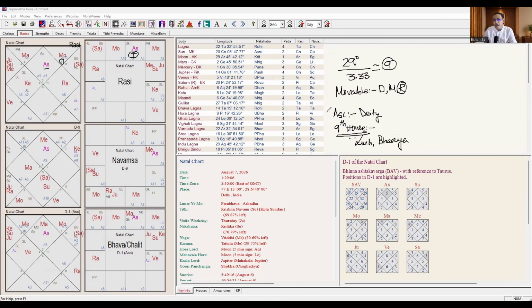Now, if the ascendant DT and the ninth house lord's DT are the same, suppose both are Devta, then it is an excellent thing. Then what you want and what your Bhagya is, both are aligning. Suppose they are not, suppose your ascendant is of Devta and your ninth house is of Rakshasas, so you will want to lead a Sattvic life.